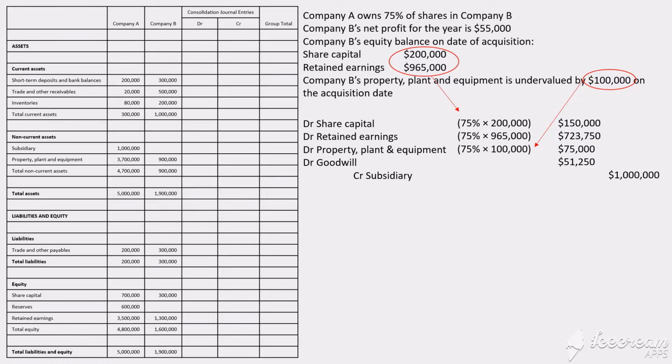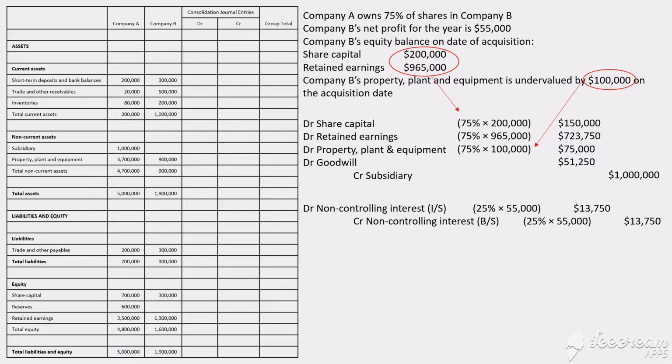Next, we will attribute the current year net profit to the non-controlling interest. The journal entry is debit non-controlling interest income statement and credit non-controlling interest balance sheet by 25% of the current year net profit. Before we attribute the remaining equity to non-controlling interest, let's compute the beginning retained earnings of the subsidiary, which is